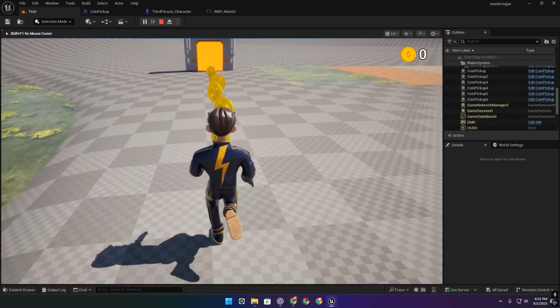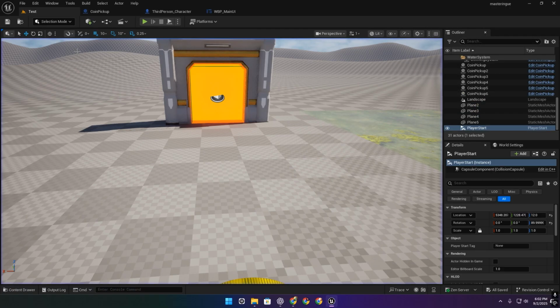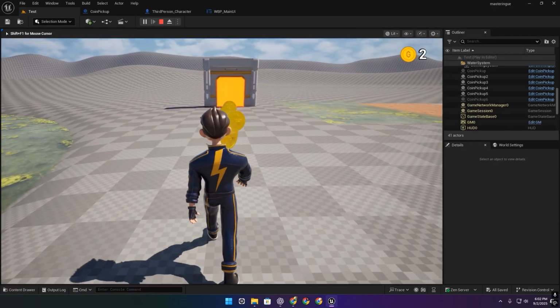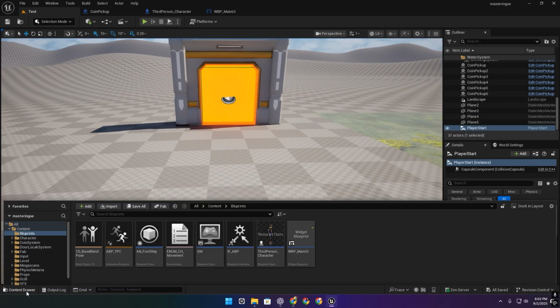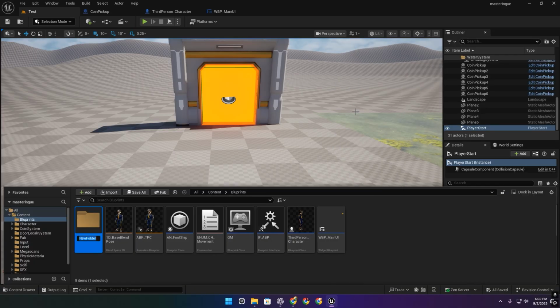In my previous video, I made this coin pickup system. So now I'm going to show you how you can save this system's coin count in the content folder. In my blueprint folder, I'm going to create a new folder. This is going to be save